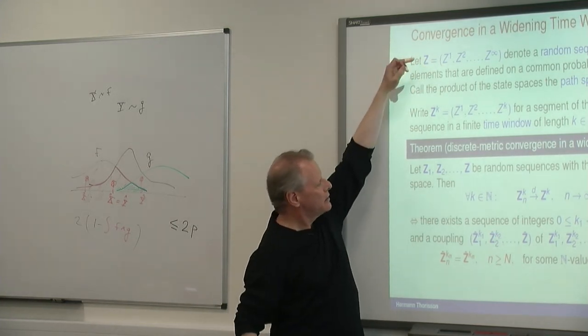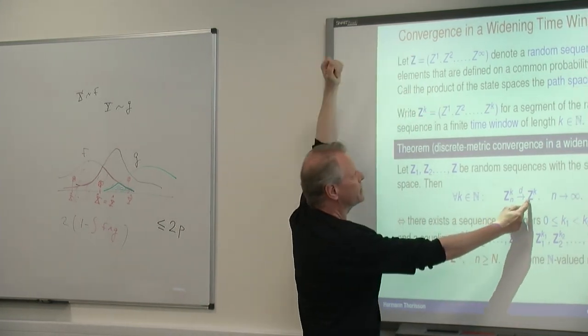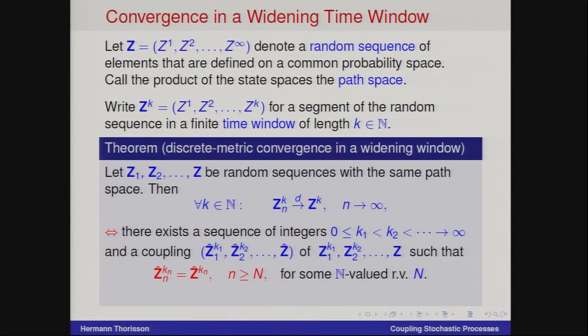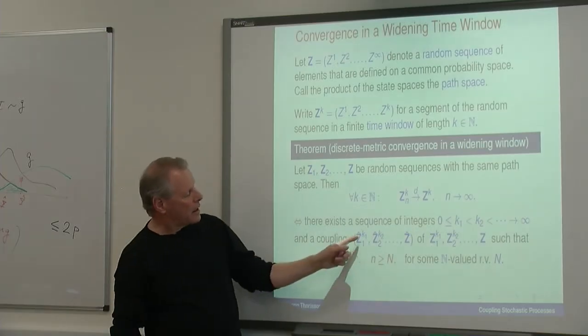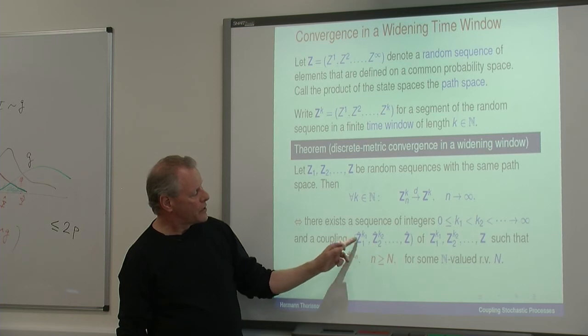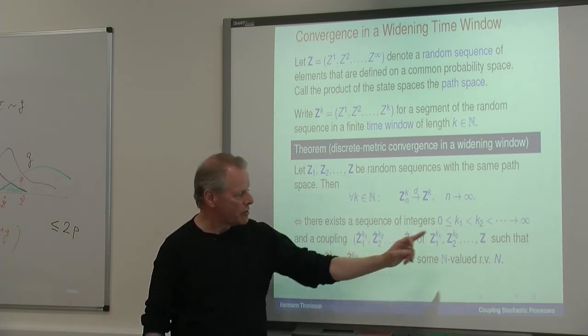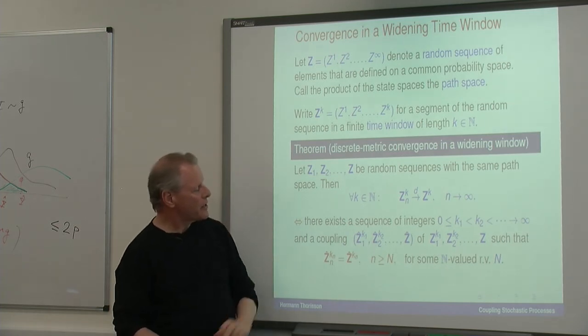This is not the limit here, but this is the limit here, for all finite k. This is equivalent to there existing a sequence of integers k, which are going to be increasing time windows, and a coupling of these guys. You see that I'm only looking at the guys up to time k1, k2 in a widening time window, and do the same with the coupling here. So this guy has the same distribution as that one, this same distribution as that one, and so on. So there exists a coupling so that